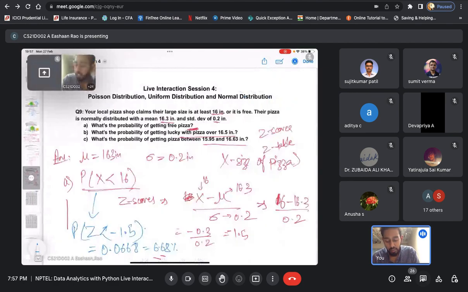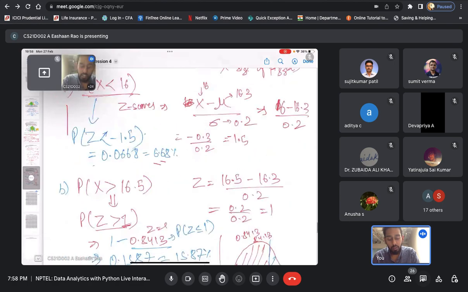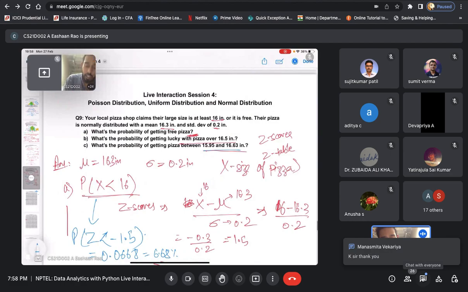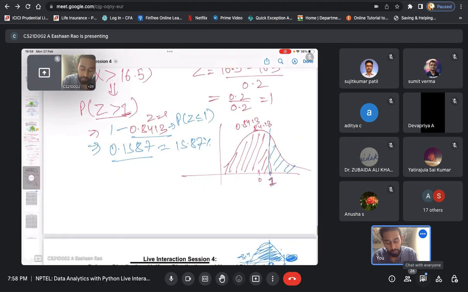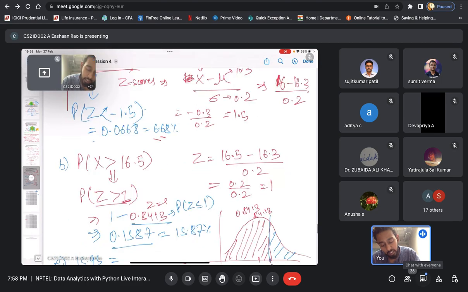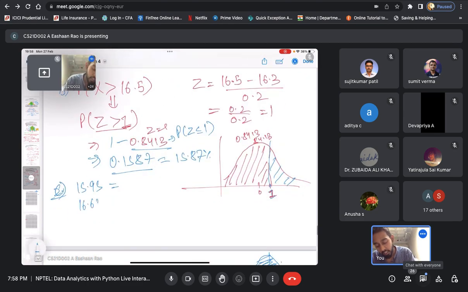Okay. So the last part is, what is the probability of getting a pizza between 15.95 to 16.63 inches? I have this interval given, and I need to convert it into z values. So if I quickly convert this, I have this part, that is 15.95. I have to convert this, and what else value I have, 16.63. So for this, the z score will be like 15.95 minus